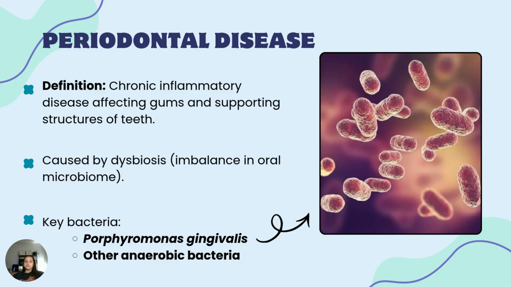And this bacterium is considered a major periodontal pathogen because it can interfere with the immune system and increase inflammation within the tissues. Now, according to the Centers for Disease Control and Prevention, periodontal disease involves infection and inflammation of the tissues surrounding the teeth. And common symptoms include swollen gums, bleeding while brushing or flossing, bad breath, gum recession, loose teeth, and eventually tooth loss. And one reason periodontal disease is so dangerous is because it often progresses slowly and painlessly. Many patients may not realize they have severe disease until significant damage has already occurred.